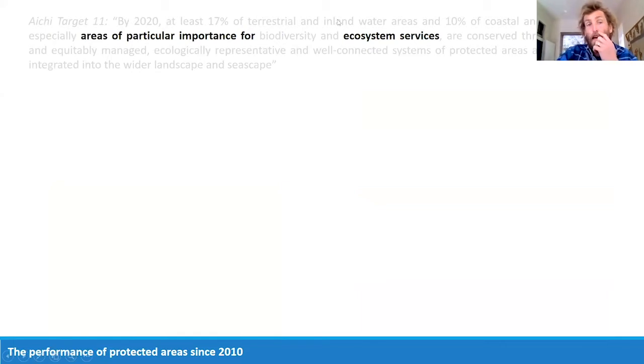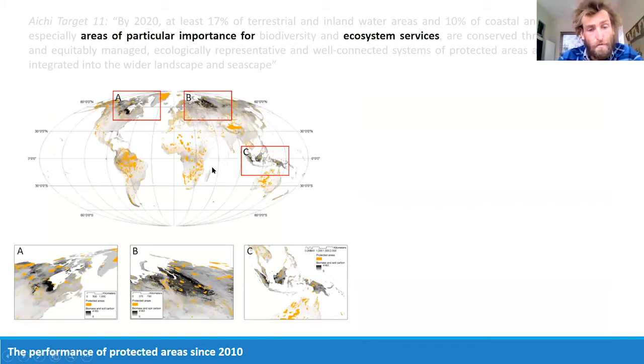We also assessed areas that are important for ecosystem services. Again, it's difficult to just select one or two ecosystem services, but we basically chose the ones that we know we had reasonable spatial data on. We started with coverage of global above ground biomass and carbon stocks. So here we have a global map. The white to black shading underneath is above ground biomass and soil carbon in the landscape. The yellow is the protected area estate.